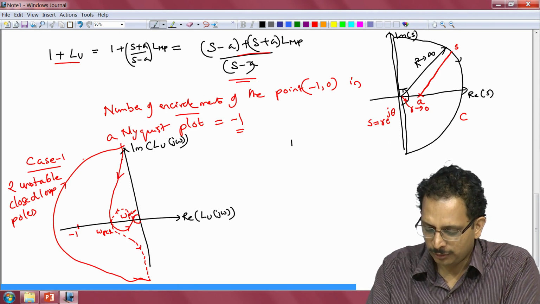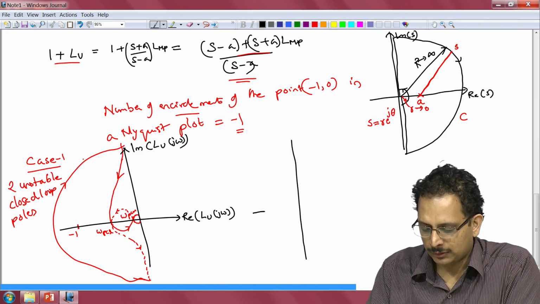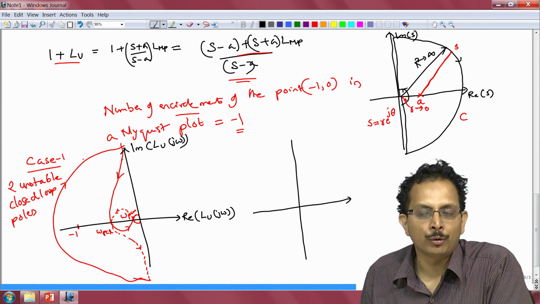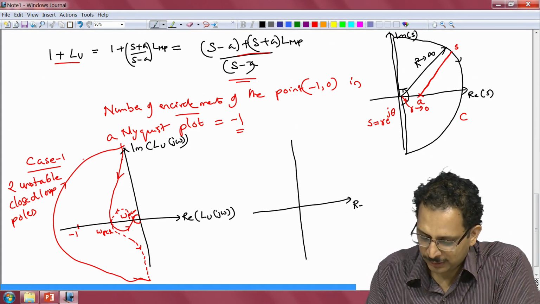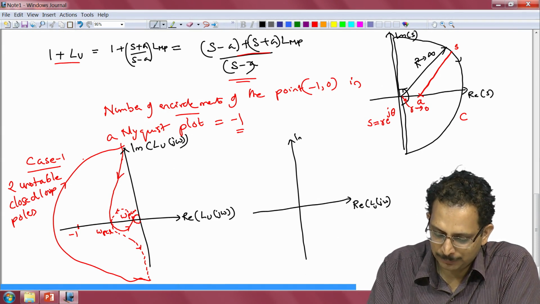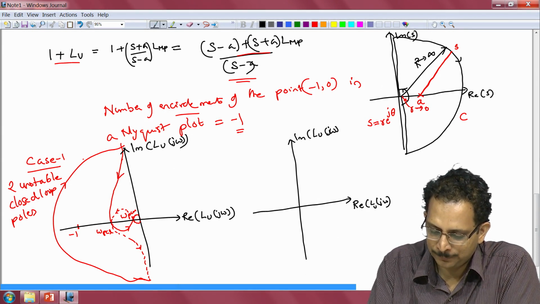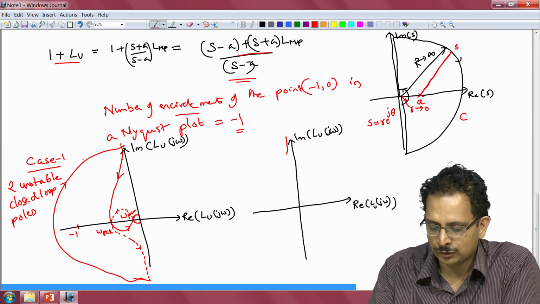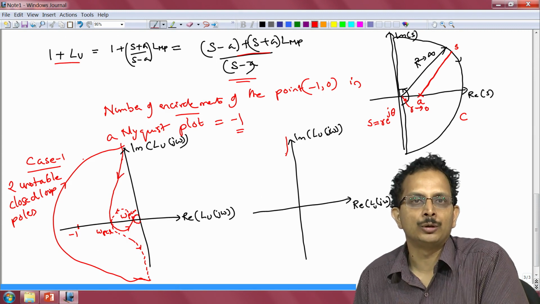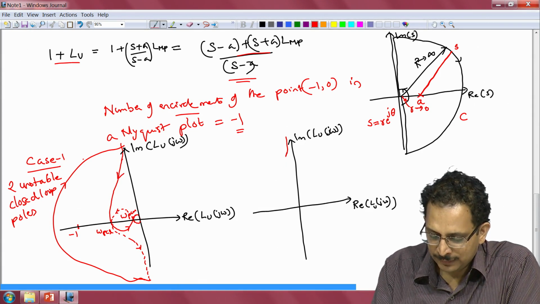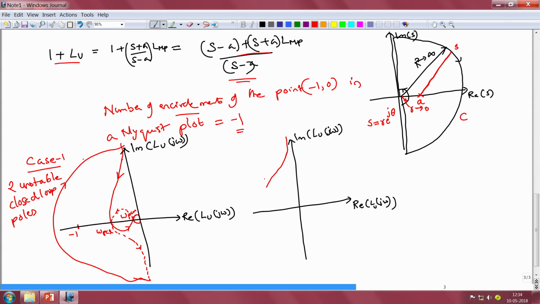So in case 2 we note that the gain crossover frequency is between omega pc lower and omega pc upper. If I were to plot the Nyquist plot again, the real part of Lu of j omega is going to be equal to the imaginary part of Lu of j omega. Once again we would have the Nyquist plot starting at this location, because the phase lag would be equal to 3pi/2 as omega tends to 0, and then it reduces with frequency.